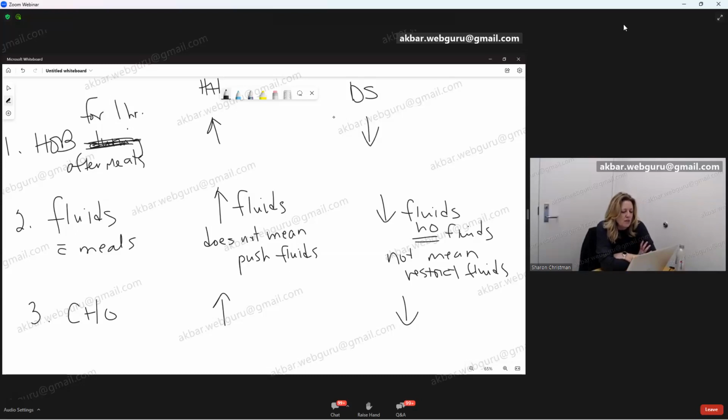Could you repeat why we should decrease carbohydrates? So carbohydrates just exit the stomach faster. Fat and proteins just stay in the stomach longer. It just is what it is. It's just a fact. You stay full longer. That's why if you eat a high carbohydrate meal, you don't stay full as long. You're hungrier sooner. If you eat a high fat diet, you're not hungry again for a while. It just is what it is. Okay, so if you